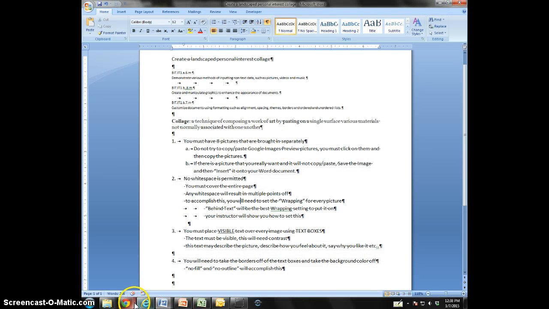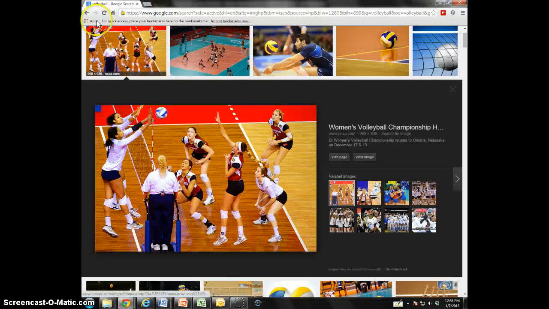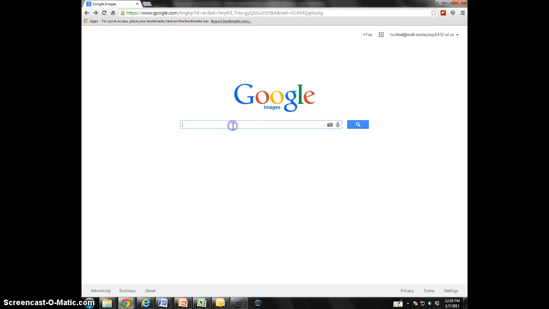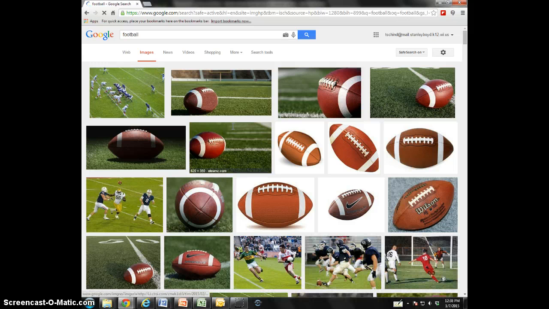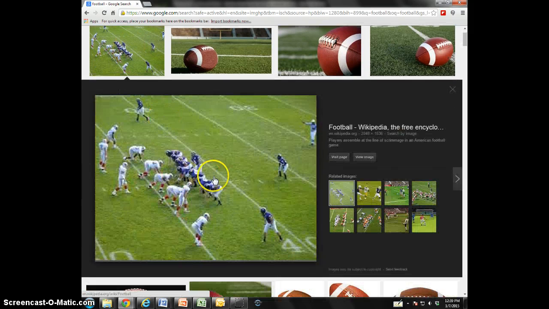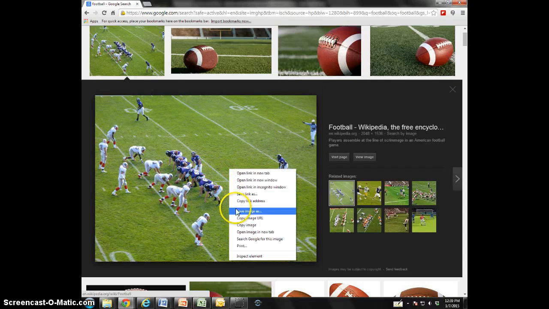And so if I go back to Google Images, and let's say that your favorite sport is, let's say, football, just covering kind of fall sports. If there is an image, let's say this one, that does not come into the page very well, so when you copy it and paste it, it does not work, then all you have to do is change that up and go and save image as,